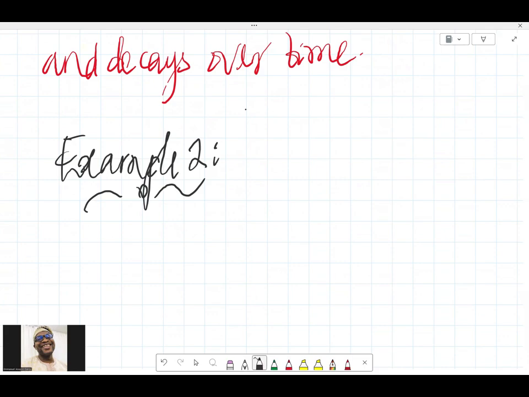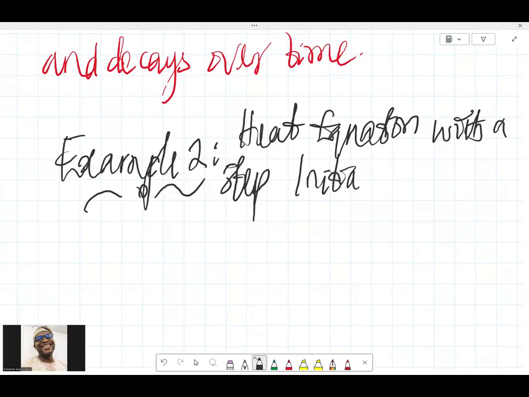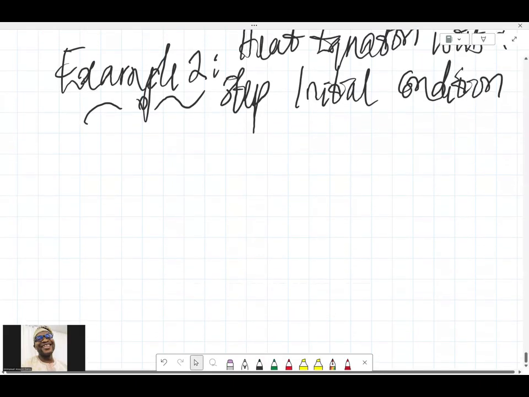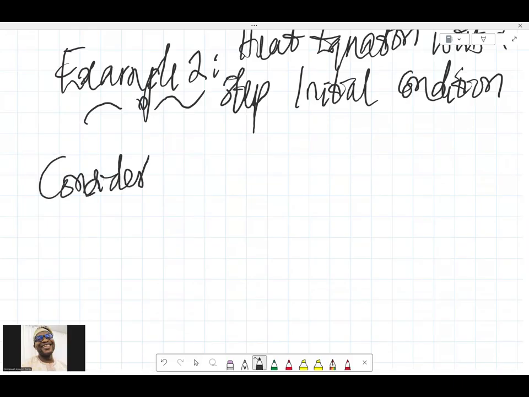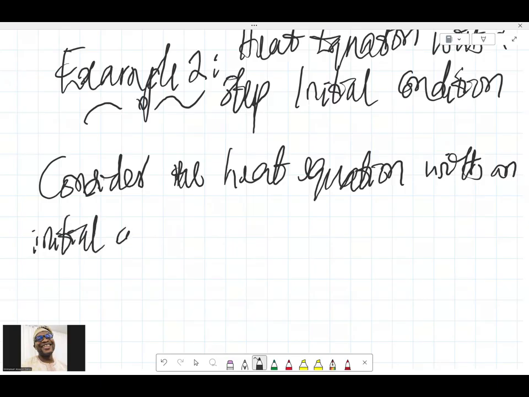So this one is the heat equation with a step initial condition. So the initial condition is actually a step function. That's what this is about. So again, we consider the heat equation with an initial condition